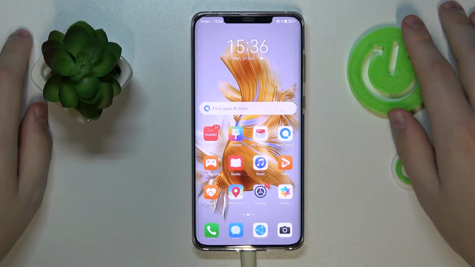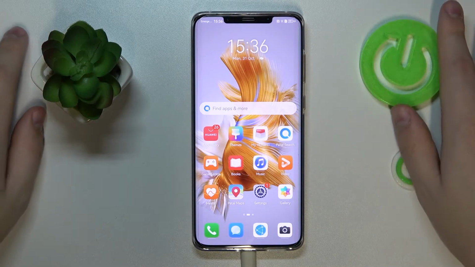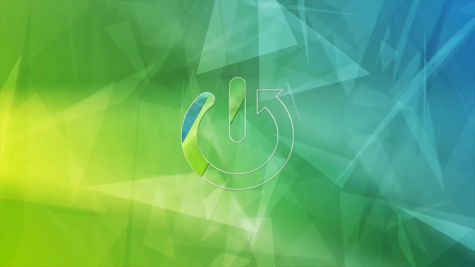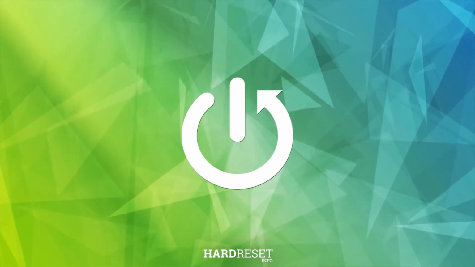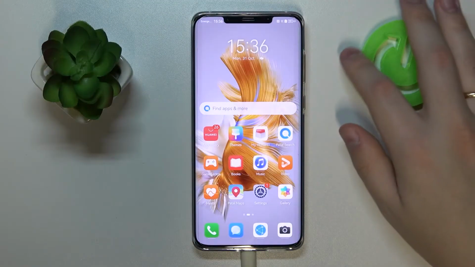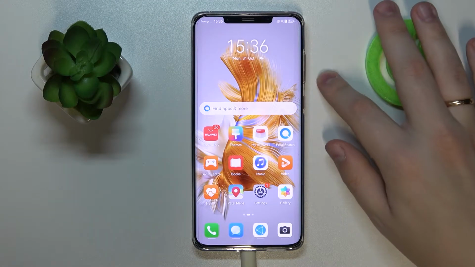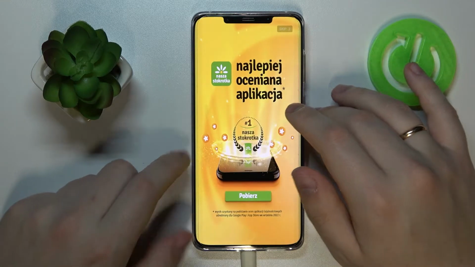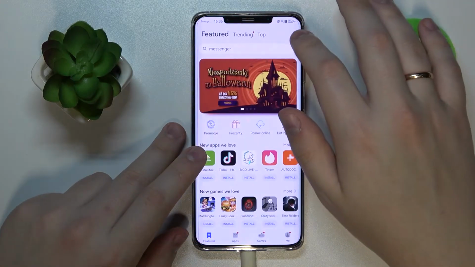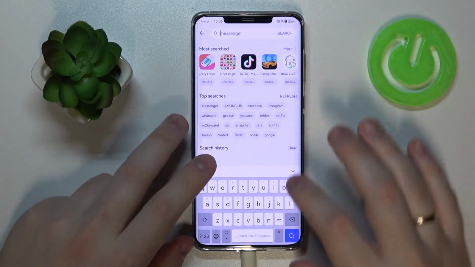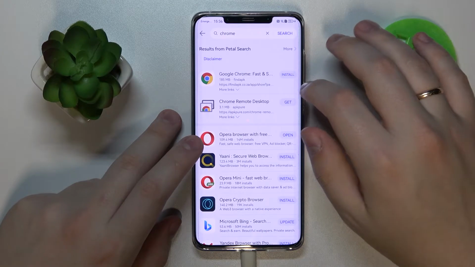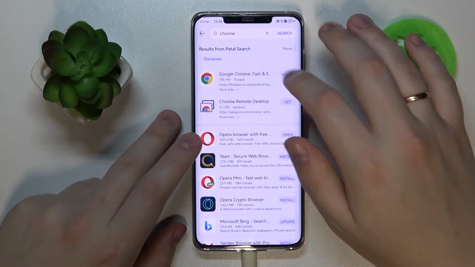This is the HUAWEI Mate 50 Pro, and today we would like to demonstrate how you can download and install the Google Chrome on it. So first of all, make sure that your smartphone is connected to the Wi-Fi network, then launch the app gallery. At the search bar, type in Chrome, which will be good enough. Once the needed app is found, click on the install button